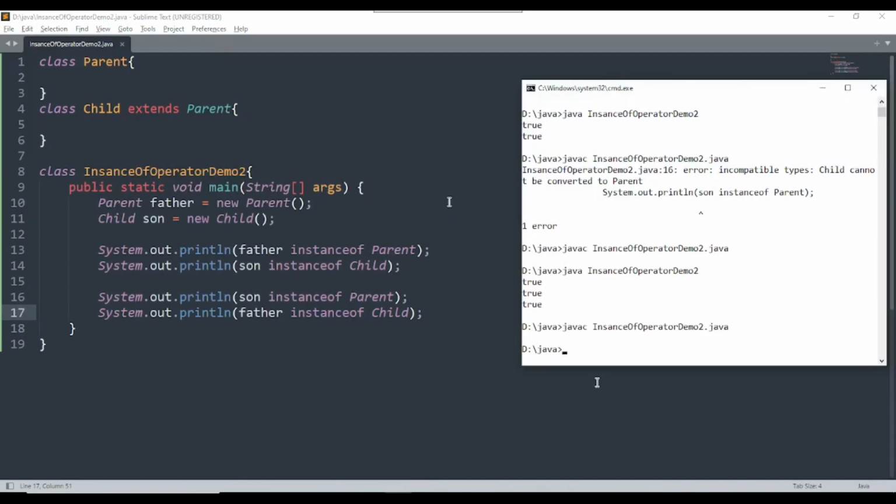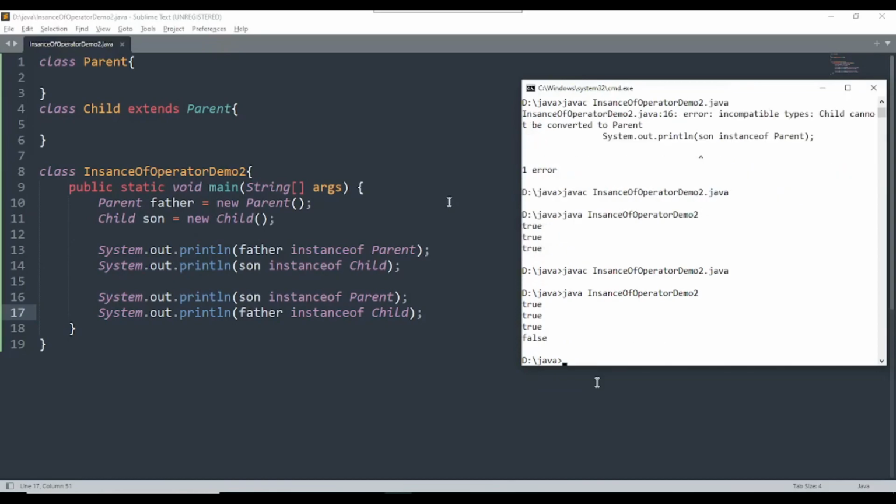compiling the file, and running the file: java InstanceOfOperatorDemo, right? So as we compile the file, three class files will be created: a parent class file, a child class file, and an InstanceOfOperatorDemo2 class file. So we will run the class which has the main method. In our example, InstanceOfOperatorDemo2 has the main method, right? So now I am running java InstanceOfOperatorDemo, and it will return us false now, right? Because the father is not an instance of the child class,